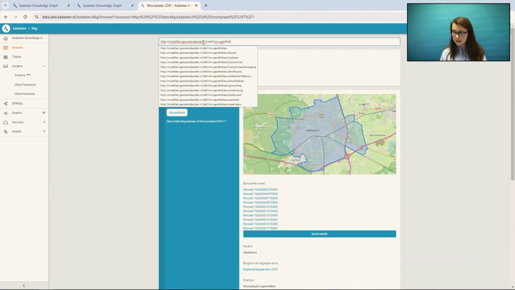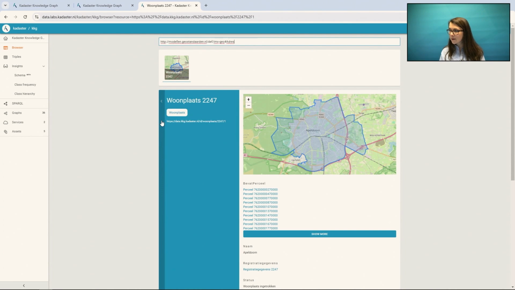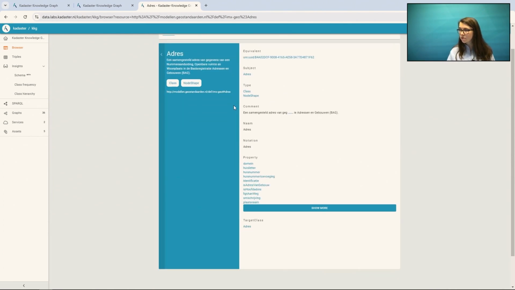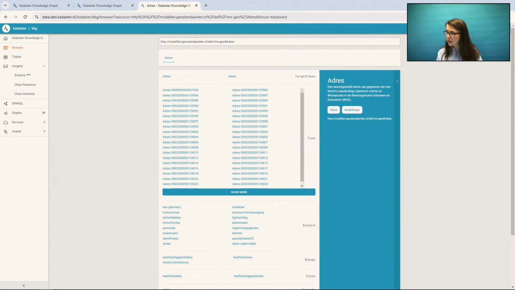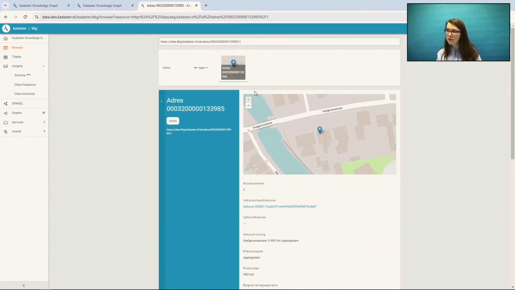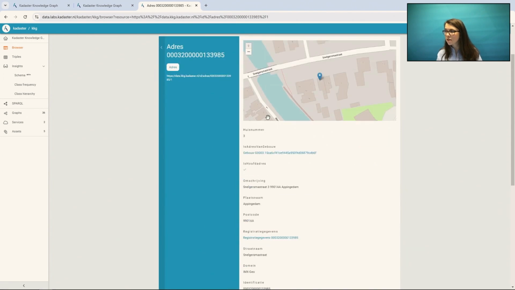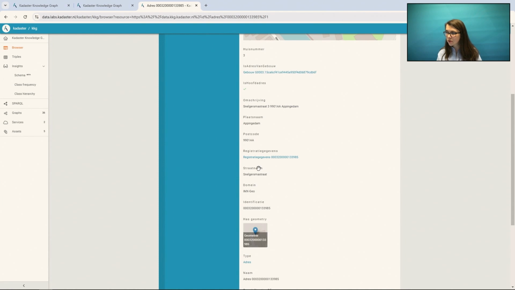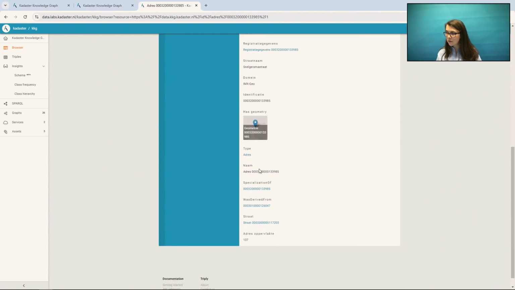If we use an address as an example, here you'll see the information relating to the data model. But if you use the back button, you can then see the individual instance data that is typed as an address, and you can start to see the different attributes. You will also see that this, for example, is the EMXKO core vocabulary, but that a number of other vocabularies are also added. So "was derived from" is not an EMXKO specific attribute, but is a provenance, an international standard